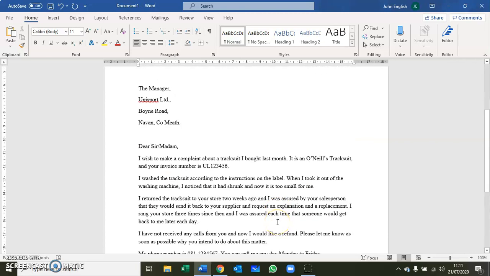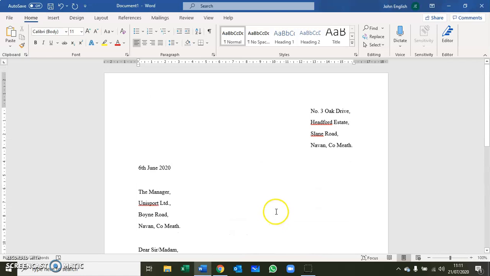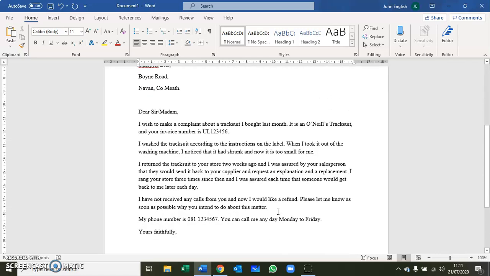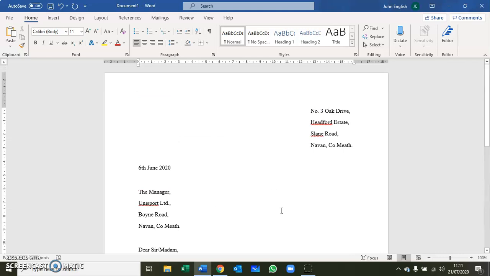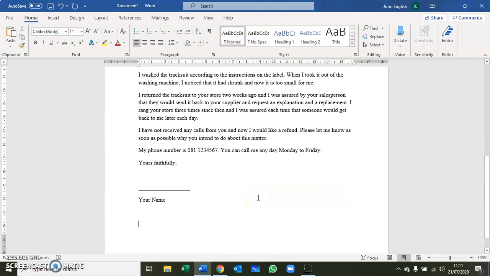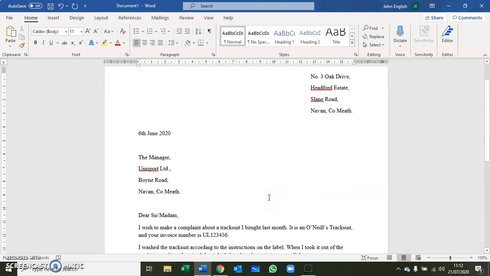It's a fictional letter. I'm sending it off to a company I've done some business with and I'm not happy with their product, so I want to send them a letter to make a complaint. Okay, so now when you have your letter finished, you check it over for any errors and make some changes to it. And once you're happy with it, then you can save it into your folder. You will notice up here at the top that we have a name on it already. It's called